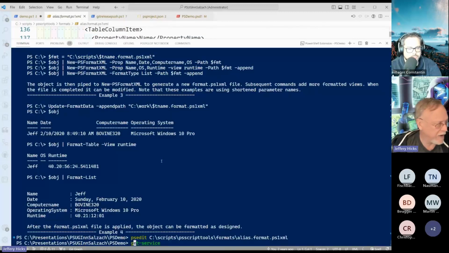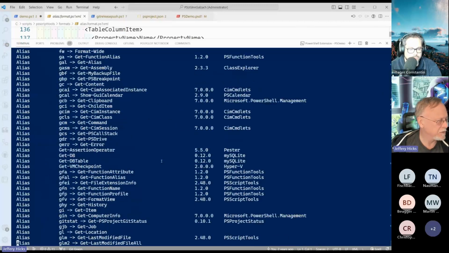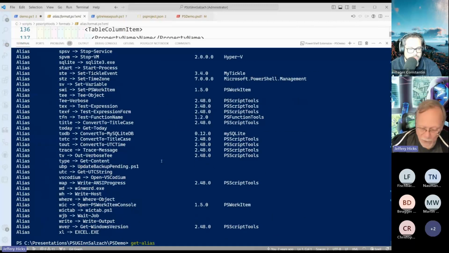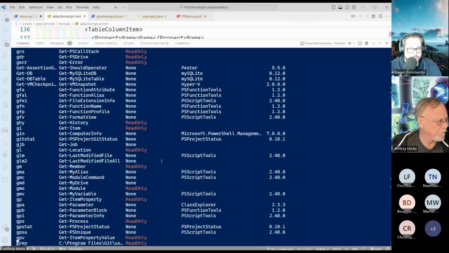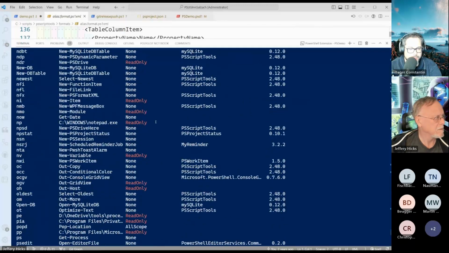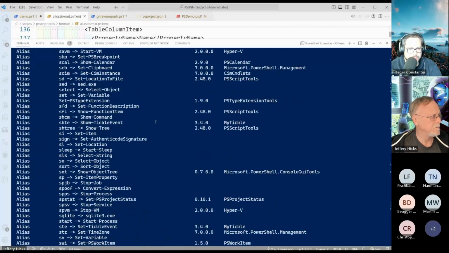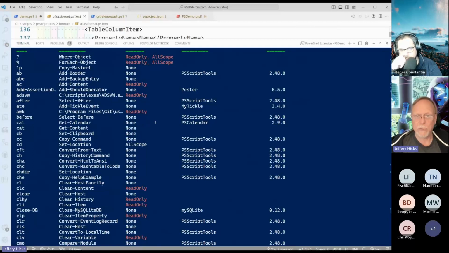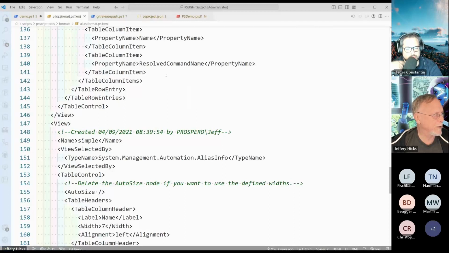So because I imported that, if I do get alias, that's the default view, but I built a custom view. Like that. And that was really easy to create. Well, the hard part is creating